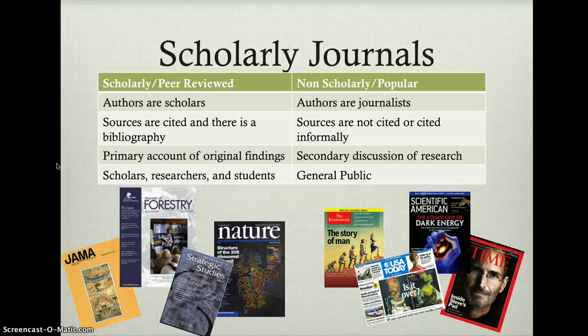Peer-reviewed journals are primary accounts of findings, whereas popular journals are often secondary discussions of research. So, for example, there might be something published in the Journal of Nature that they talk about in Scientific American, and what they do is they sort of translate a lot of the real scientific, technical speak in Nature into something that the general public can enjoy, which is why the general public reads popular articles where scholars, researchers, and students are the main folks who read peer-reviewed articles. These are not something that you really want to read for fun. They're what you read because it's part of your work or study.